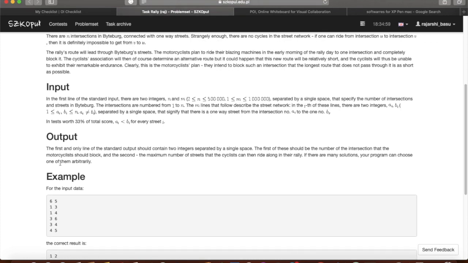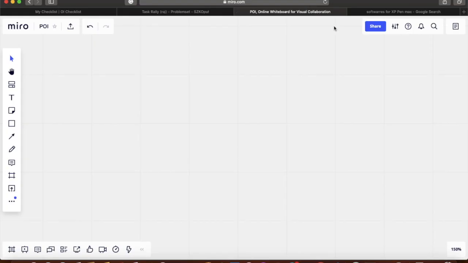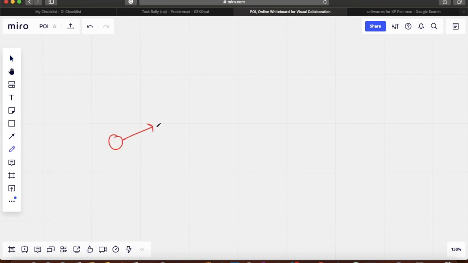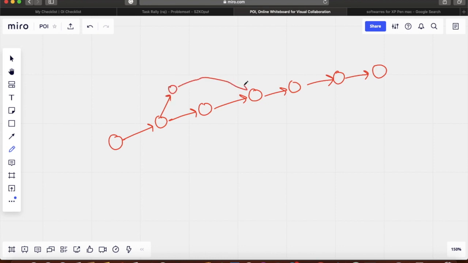So how do we approach this problem? Well, let's say we are given this graph, and this is, let's say, the longest path, and we have some other nodes here and so on and so forth. So the first observation that we can make in this problem is that the best possible answer is to delete something on the longest path.